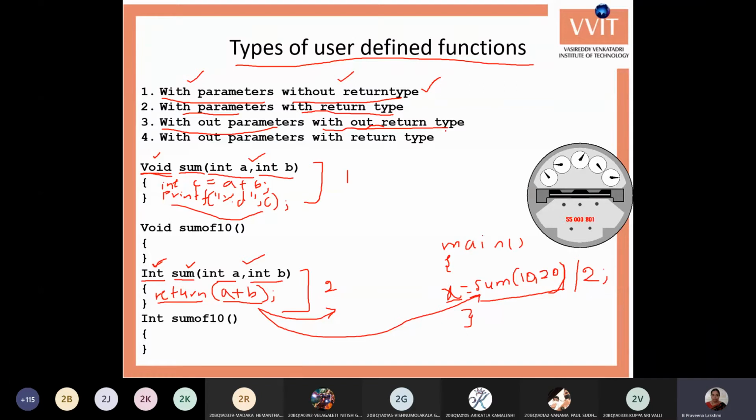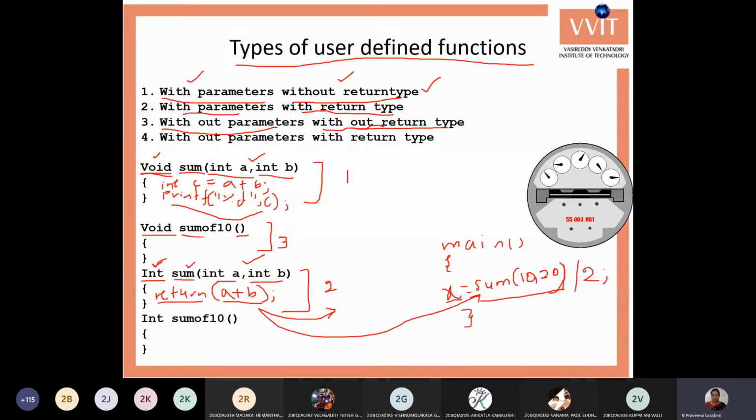And sometimes we'll write programs without writing a scanf. Okay, without writing the scanf we'll write some programs, same as this. We don't require any input values for the function and we don't require any output value from the function. Okay, this is that type of function. Third one, it doesn't give any value as output and it doesn't require any parameters.